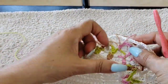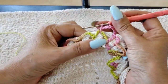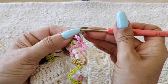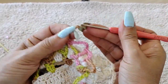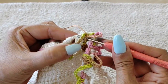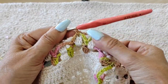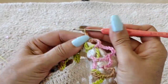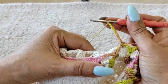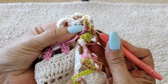And then again, we're going to continue to do the 8 chains. 1, 2, 3, 4, 5, 6, 7, 8, coming in the center, and we're hooking it on the same place as we did on the previous row, right on that loop there of the group. 1, 2, 3, 4, 5, 6, 7, 8, and again the same thing, coming in and hooking it right back here